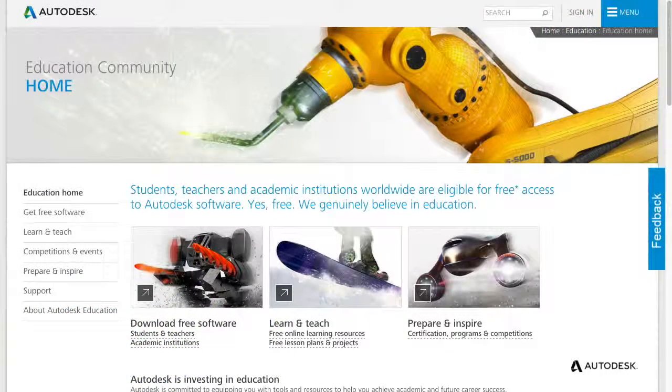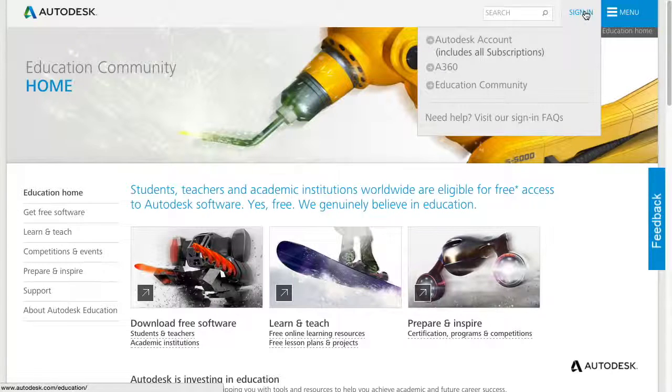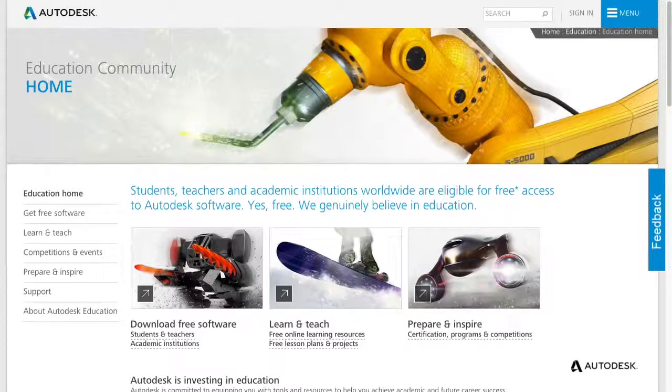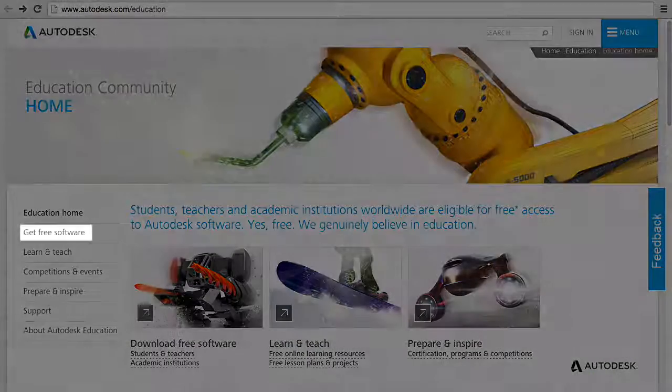An Autodesk Education account is an Autodesk account that gives you free access to software for authorized educational use. There are two ways to set up an Autodesk Education account. First, you can click Sign In at the top of any Autodesk web page, choose Education Community, then click Signing Up. You can also create an account by clicking Get Free Software at